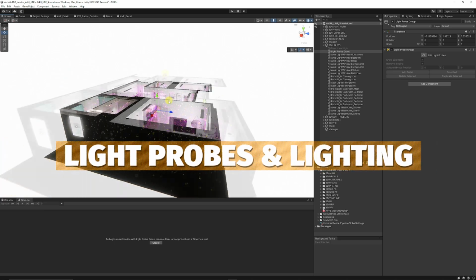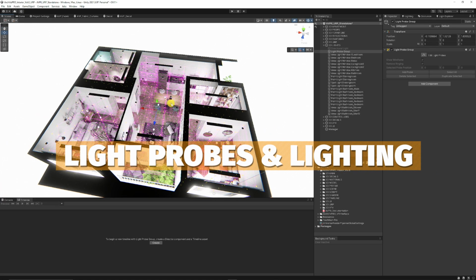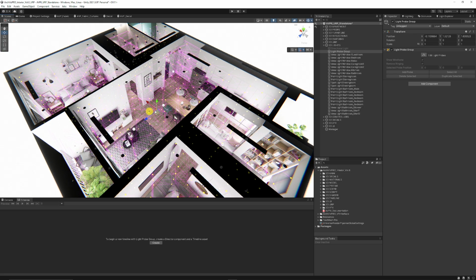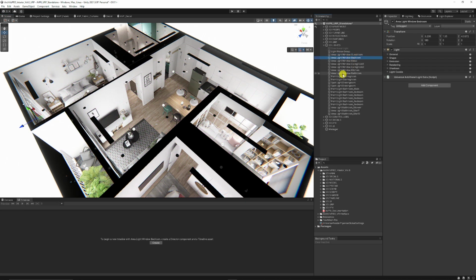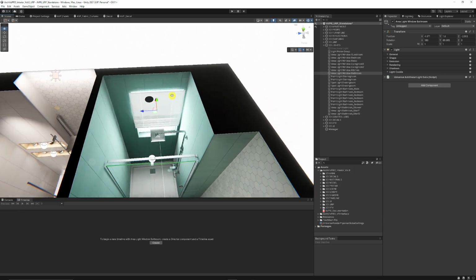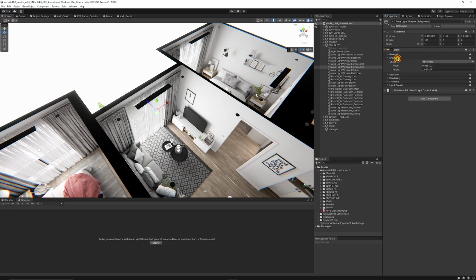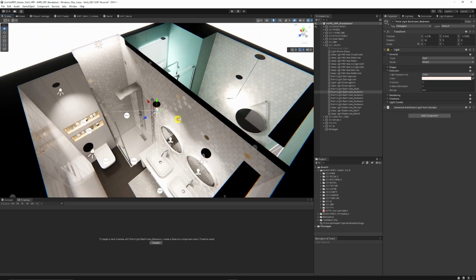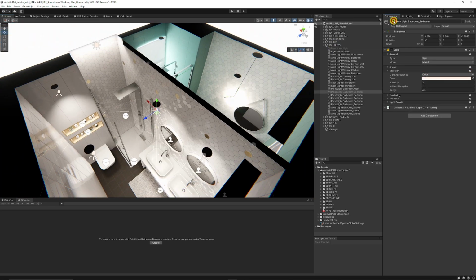The scene does involve light probe groups for all real-time objects, so it will take that baked lighting into account, and if you've got anything real-time, it will take that lighting across. You've got specific area lights throughout the scene, specifically at windows, and area lights are usually baked only with a high level emissive intensity and quite a long range. And you also have a bunch of point lights which are set to mixed, so they both contribute to